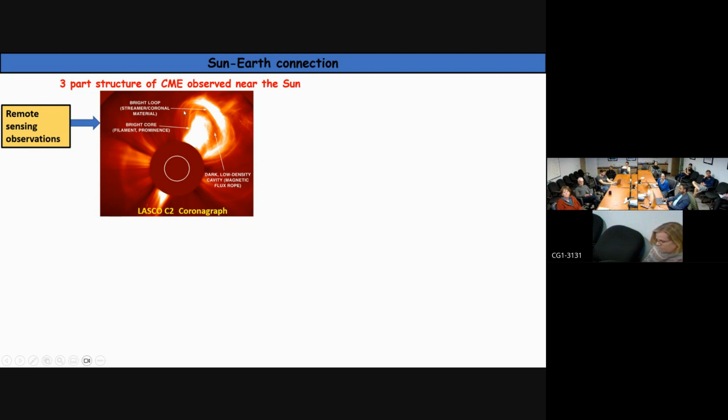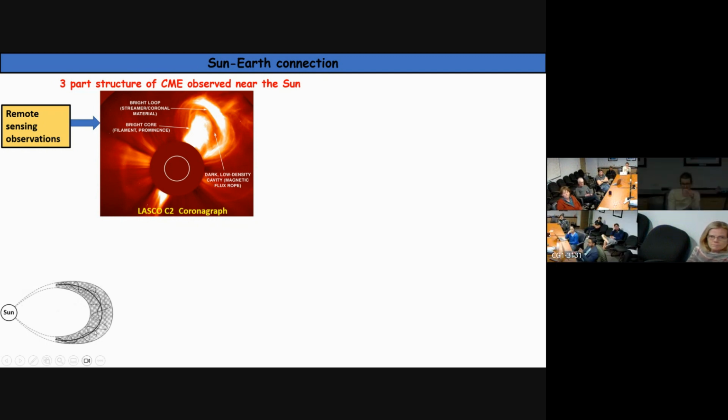So here is an image of a CME. Typically they consist of a three-part structure. One is the bright leading edge at the front, which is followed by a kind of dark cavity-like structure here, and which is again followed by a bright core prominence. Now, the underlying magnetic structure of this dark cavity is believed to consist of helically twisted magnetic field lines like this. This kind of twisted helical field lines around a central magnetic axis is typically known as